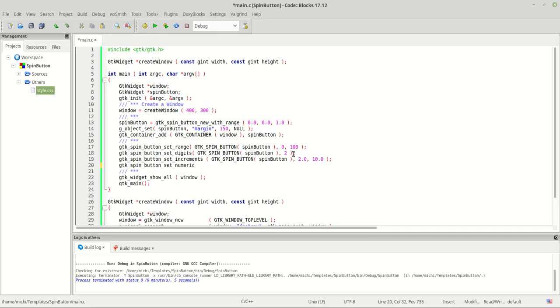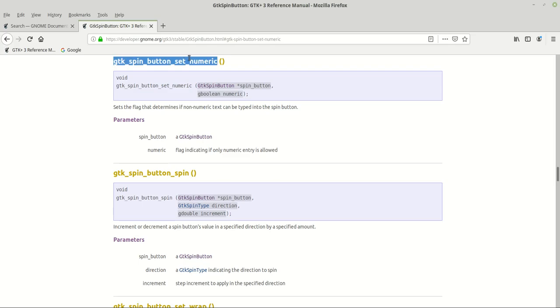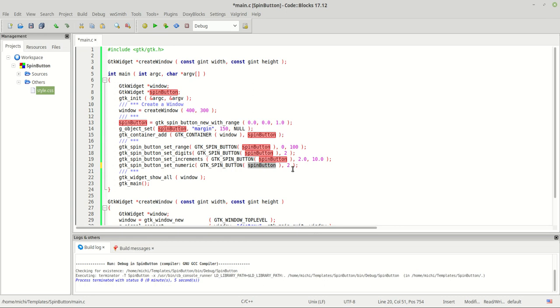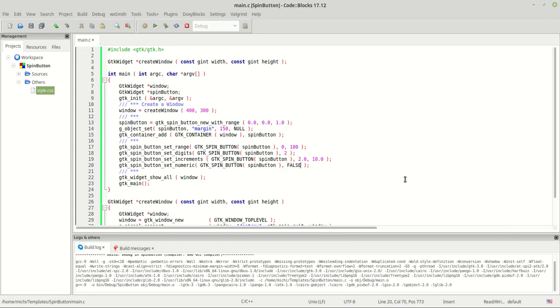Okay, so let me copy this part here. So we have our first parameter as our button, the second is a Boolean, true or false. So let's set it to false. Okay, false. Run the program,